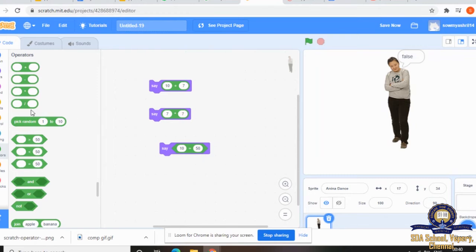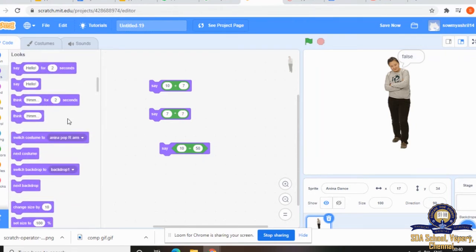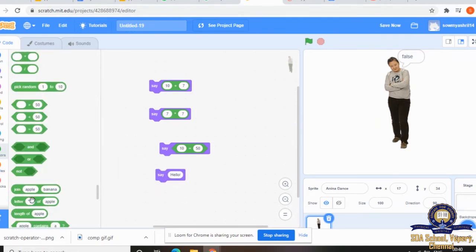Again, go to the looks block, click on say as usual, then go to the operators block. You have an option called join, and you can create say hello world. Hello, and then we'll say friends, give a space and type friends.